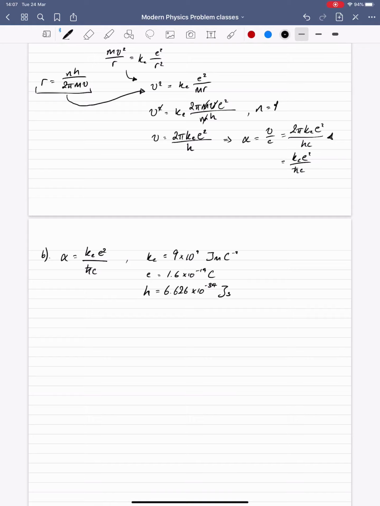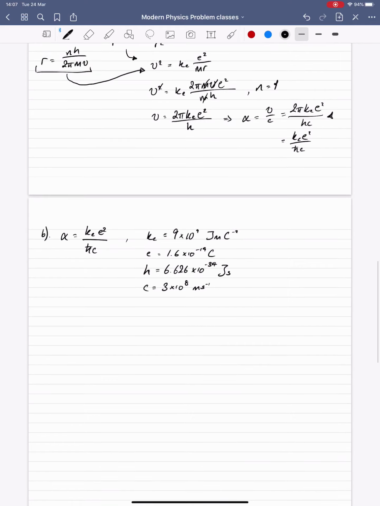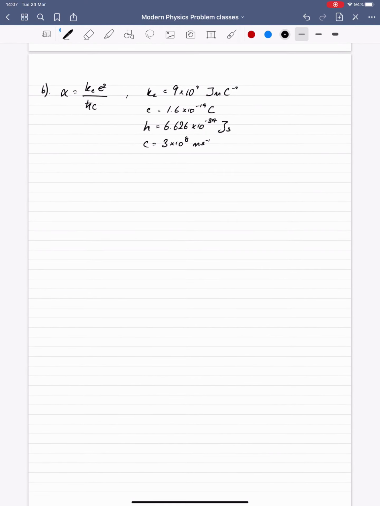Joules seconds. And lastly, the speed of light is about 3 times 10 to the 8 meters per second. Like I said, only approximate, it is not exactly 3 times 10 to the 8, but anyway, it doesn't really matter. Okay, so for now, I'm going to ignore all the numbers, and I'm only interested in the units of alpha. So ignoring all the numbers,